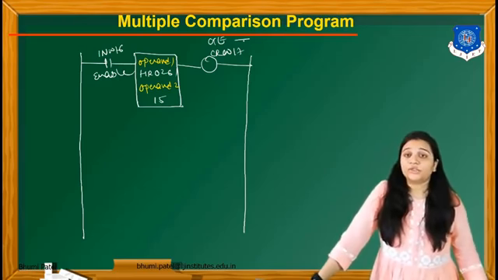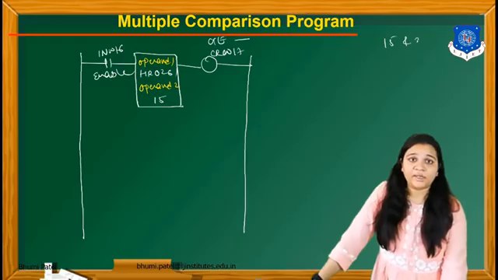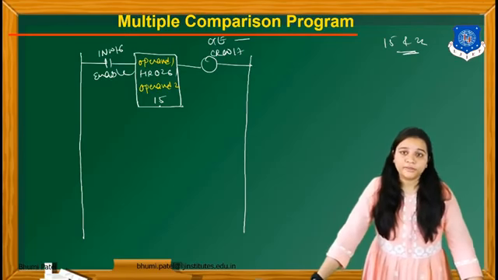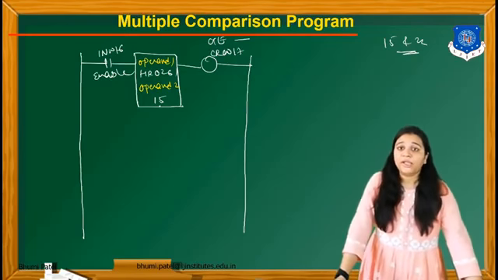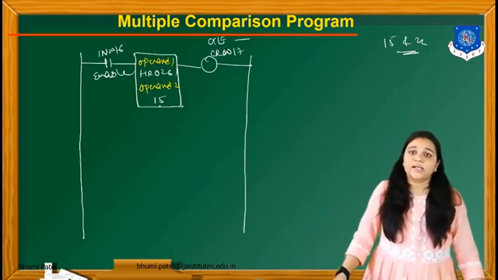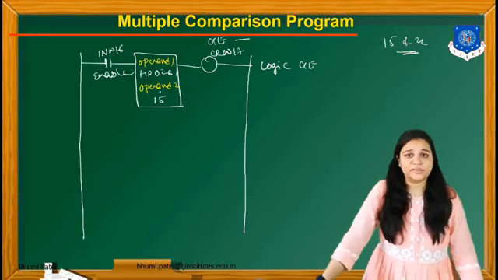In operand number 1 and 2, you have to take the number that is given in the program. They have given that the number is between 15 and 22. So in operand number 2, we take the number 15. In operand number 1, we take a register, HR0261. Now this is the logic for the greater than or equal to.